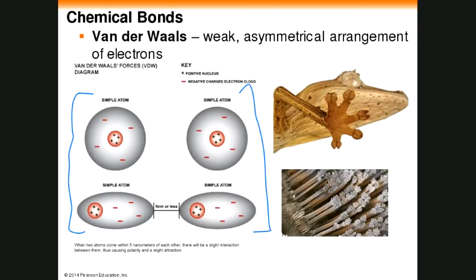And I said that atoms out of the box come neutrally charged. You got 11 protons, you got 11 electrons. You got 8 protons, you got 8 electrons. But now those electrons, as I said, are zipping around the nucleus of those atoms. So now if you look down below where it says the simple atom, that means that sometimes, not very often, but sometimes you get a situation in which the atom on the left-hand side